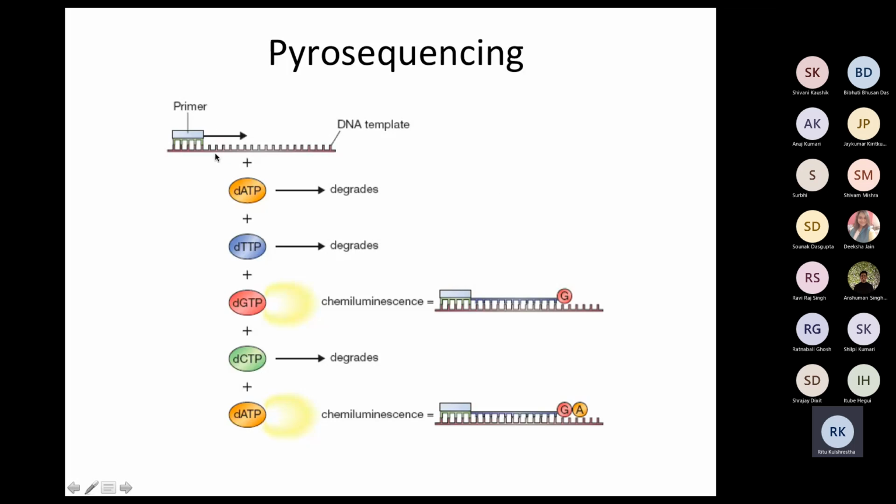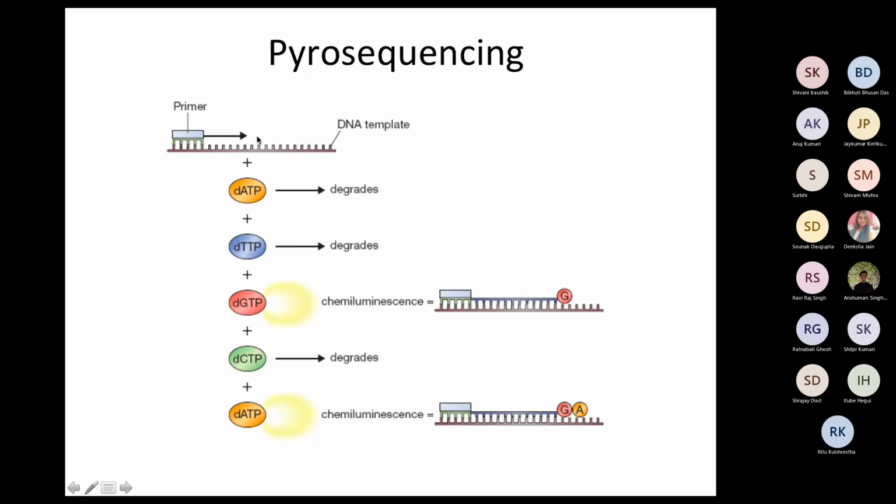Then I add dTTP. So in this, my reaction mixture does not already have the nucleotides. Here you can see the difference: I'm adding the nucleotides one by one. Again, dTTP is not complementary to the C which was present there, so it will again get degraded. Now let's say when I add dGTP, what will happen? It will come here complementary to it, and the phosphodiester bond will be made. Because the phosphodiester bond is made between the previous nucleotide and the incoming G, the pyrophosphate will be